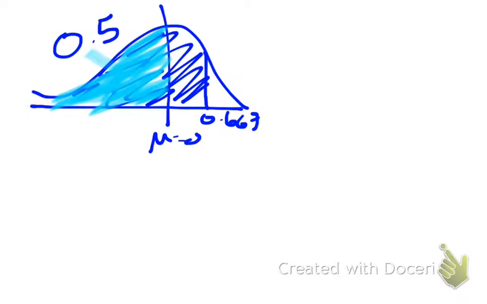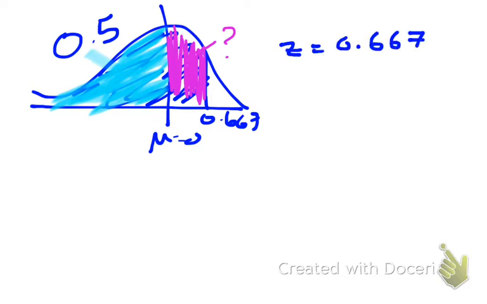So really what I want to do is find out how big this area here is between 0 and 0.667, so that I can come up with my total probability. So we go to our tables, and on our tables we look up that little z-score of 0.667, and that turns out to have a probability